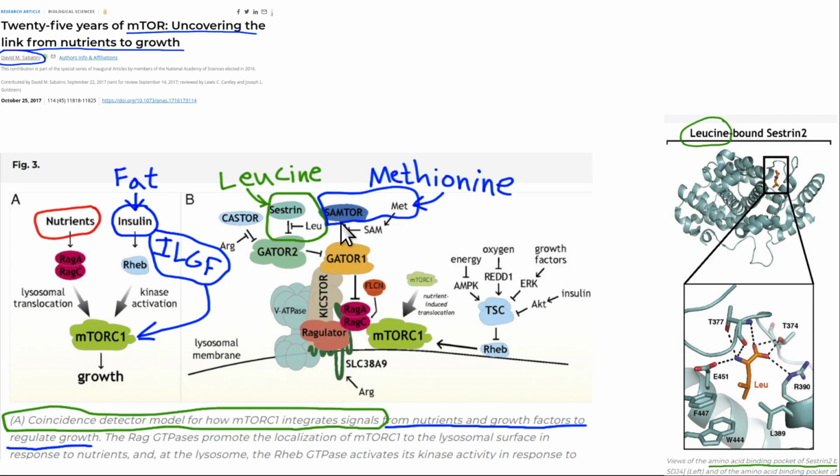Okay, just a little bit more on mTOR, showing how insulin-like growth factor activates mTOR, leucine activates mTOR, methionine contributes to the activation of mTOR. There's a lot more methionine in meat as well. So meat has a different amino acid composition than do plant foods. And the methionine and leucine both contribute to activation of mTOR, mTOR1.